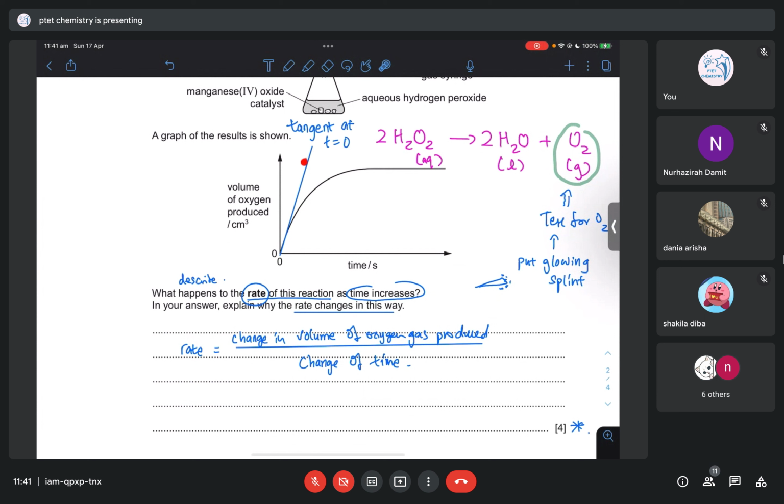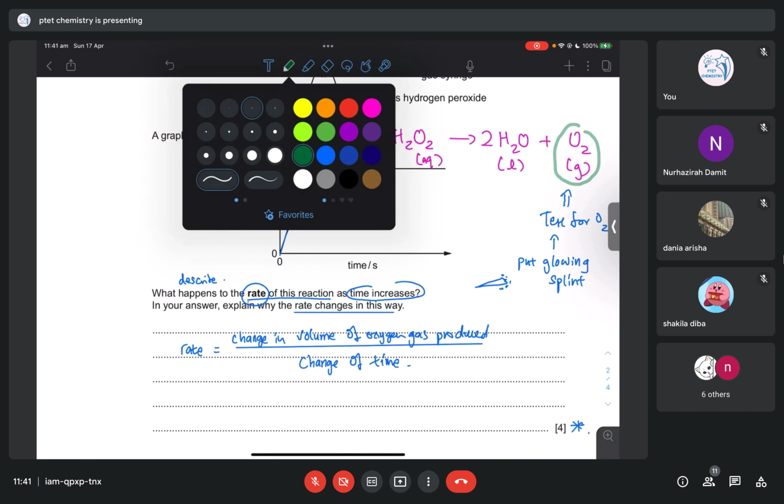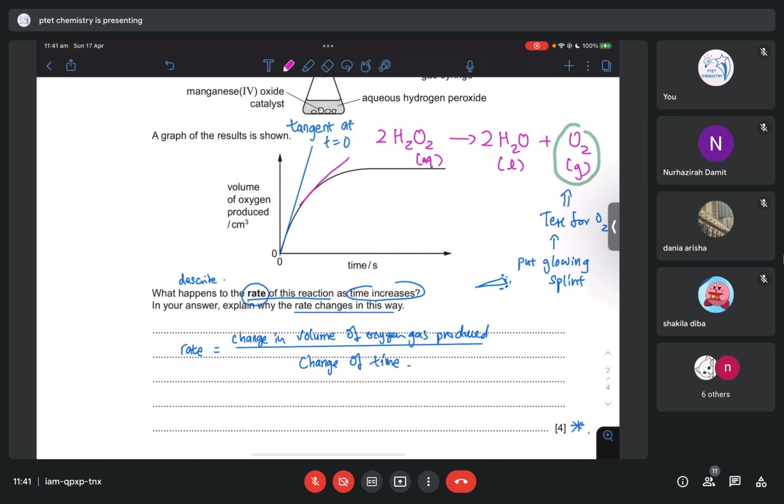Initial means at the beginning. So this is the tangent. So the rate behaves like that. So I can get a gradient of a straight line. It's very difficult to get a gradient of a curve, but we can draw a tangent and we can get the rate. As the reaction progresses, if I use a pink color, you will see that if I draw another tangent,